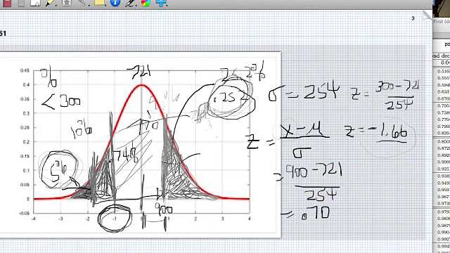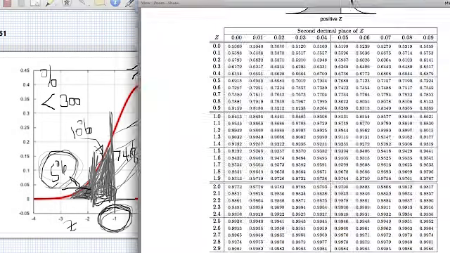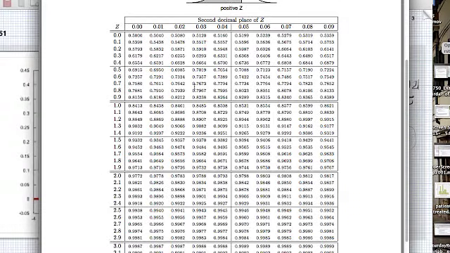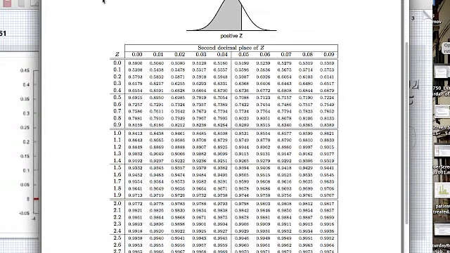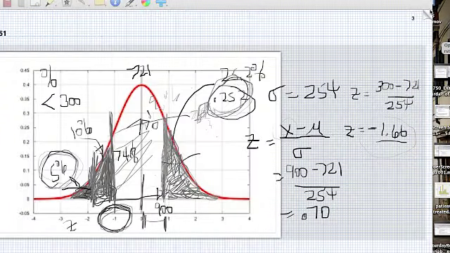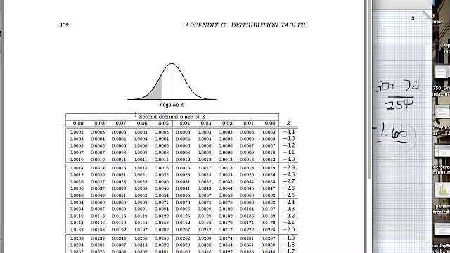Well, in this case, I know the area, but I don't know what the value is. Well, the table will help me with that. It won't tell me the value. It'll tell me the z-score. So I want to know what z-score represents an area of 10% at the bottom end of this curve. So I'm going to go over here. I'm going to use the negative one because I know that one's to the left of the mean,